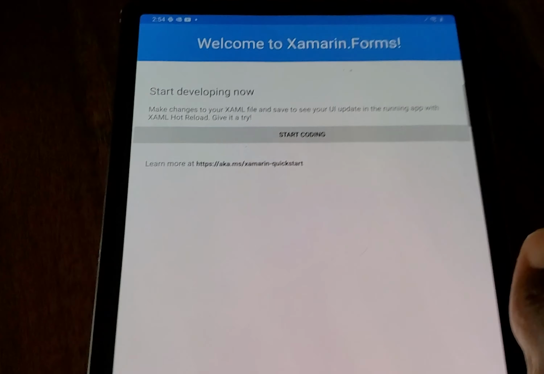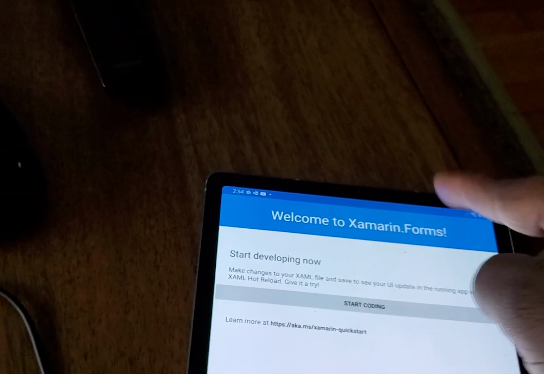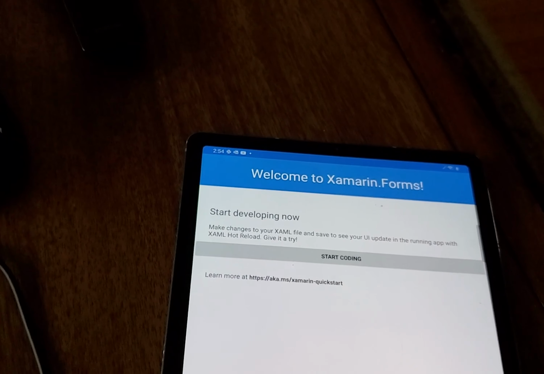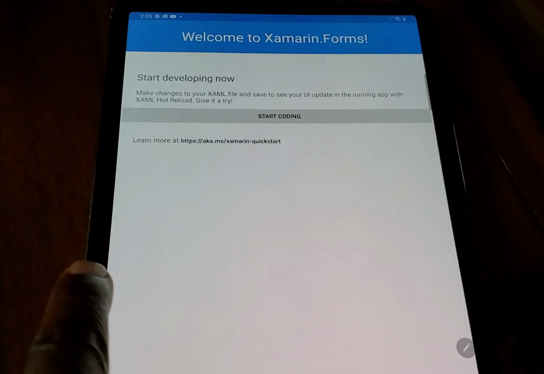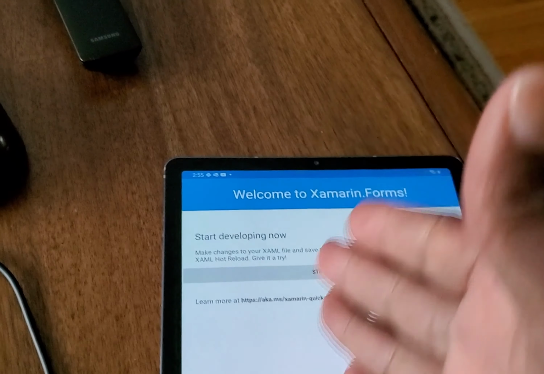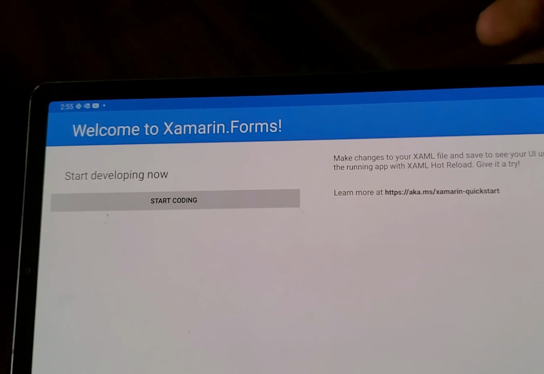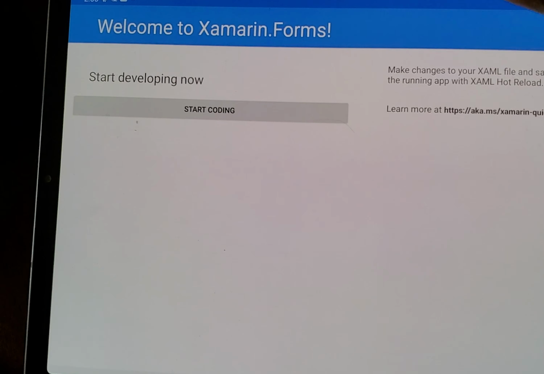Right. So as you can see, it's the same app that we previously built. Basically, welcome to Xamarin Forms using Xamarin Forms. And what I've done here is I've enabled rotation on this device. And what you're seeing here is that, again, when you have it in portrait mode, the width is probably less than 900, so it's not splitting the screen. And then once we switch it